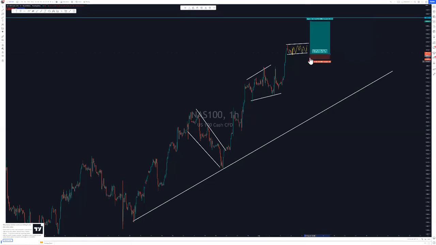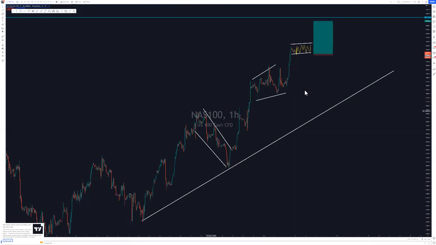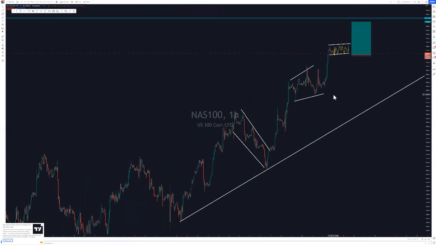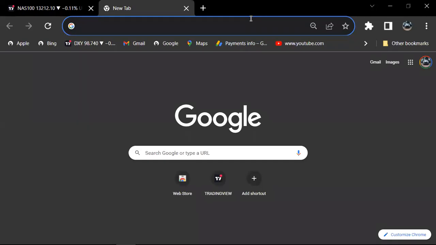So this is my prediction on Nasdaq, guys. I'm just gonna end it on the 1 hour because I've seen the structure. Once you see the structure, you can never unsee it, guys. So okay, we did Nasdaq. Now we're going to do